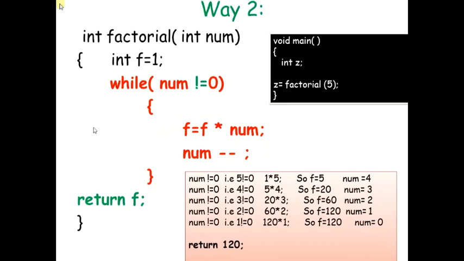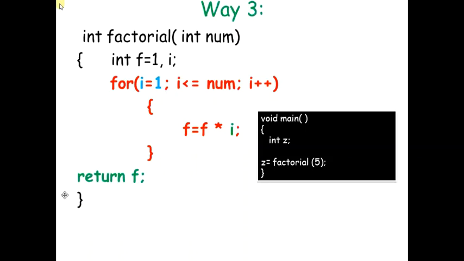Okay, now there could be another way. Now in this case I used a while, in the previous case also I used a while, only difference was the condition was different. Now what I do is I use another way, and I call this way3, just for my justification. Again I'm using the same code, there's no difference, just that I'm making use of a different loop over here. In the previous cases I made use of a while loop.